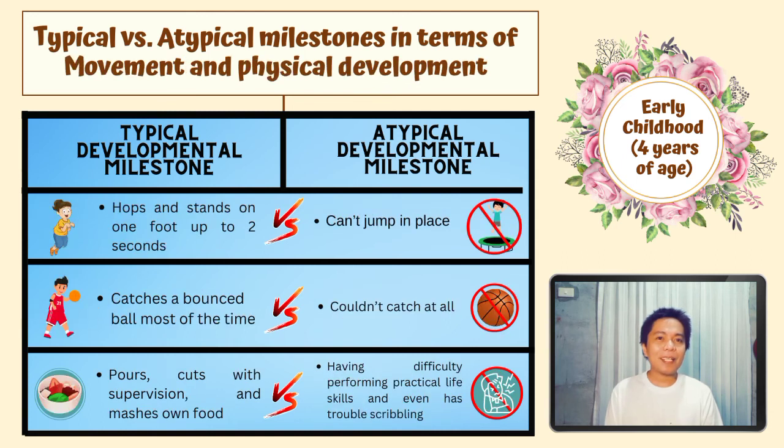The typical and atypical milestones in terms of movement and physical development. Hops and stands on one foot versus can't jump in place. Catches a bounced ball versus couldn't jump at all. Pours, cuts, scribbles versus having difficulty in doing practical life skills. Those I mentioned refer to gross and fine motor skills. If those are not manifested in the child